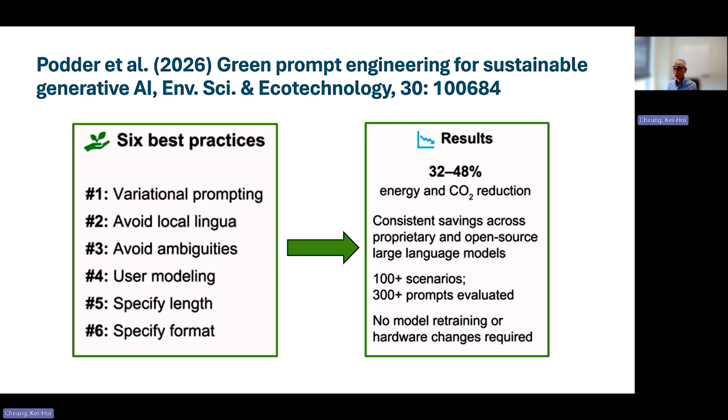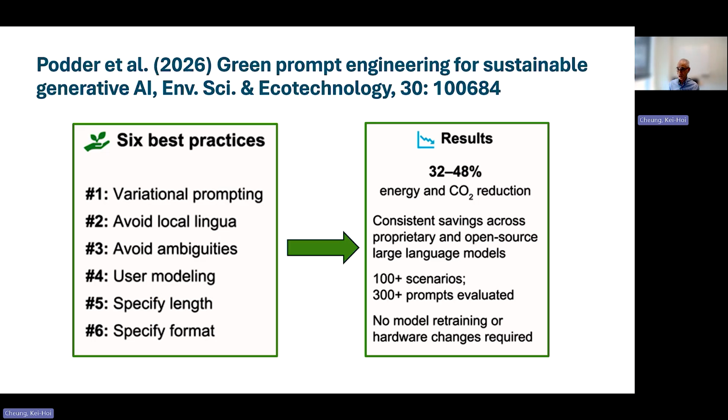Another thing is designing prompt engineering in LLM, because prompt engineering is a critical part of making sure the LLM gets the most accurate, relevant answer from the literature. There are some best practices that we recently found and that were recently published. In a recent 2026 article, they propose some environmentally friendly prompt engineering approaches.